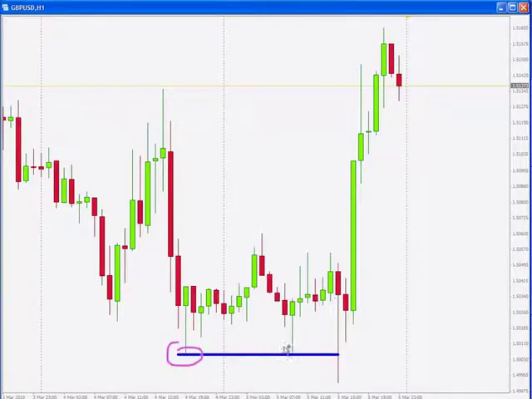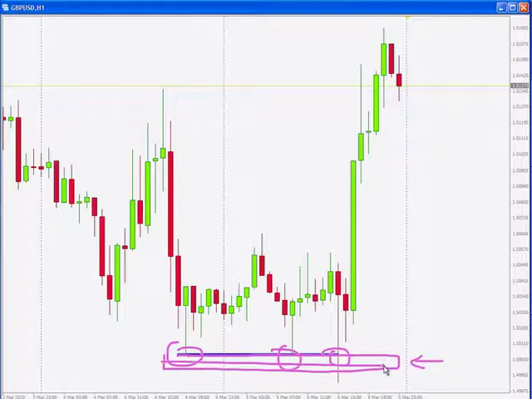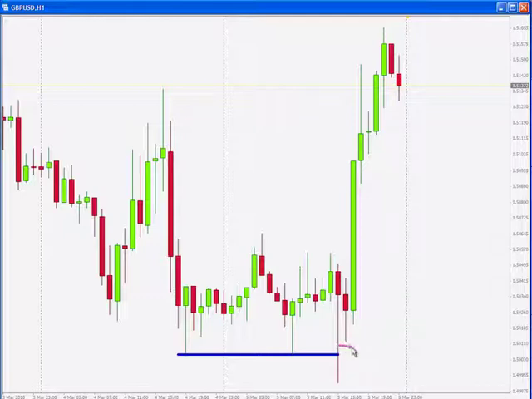All right, for a third time, price found rejection. There is still buying pressure at that level. There are still enough buying orders waiting to be executed at this level, and as a result, what are we to expect? Well, we are to expect a sharp move in the opposite direction, because there is plenty of buying pressure, plenty of buy orders waiting to be triggered at that particular level. And again, as a consequence, we are bound to see a sharp bounce in the opposite direction. Okay, very, very typical market event.